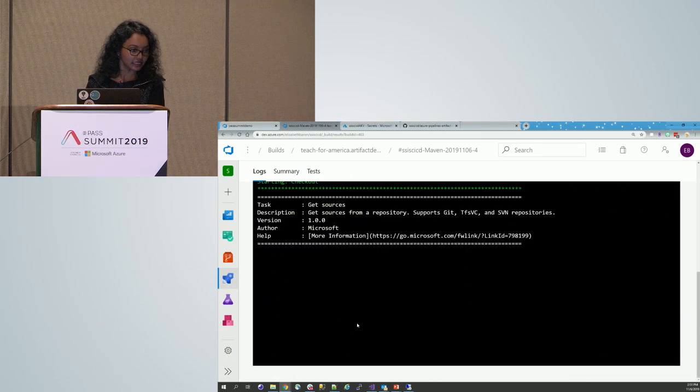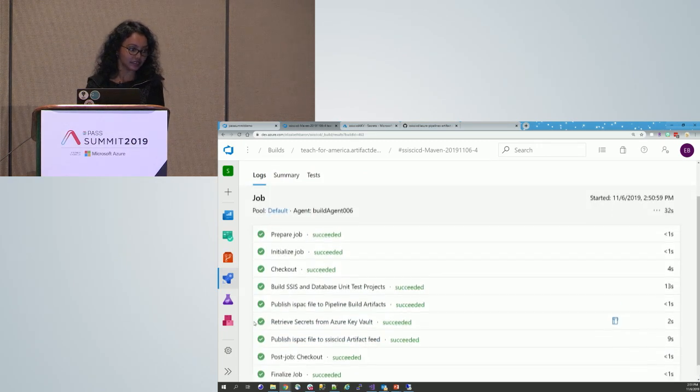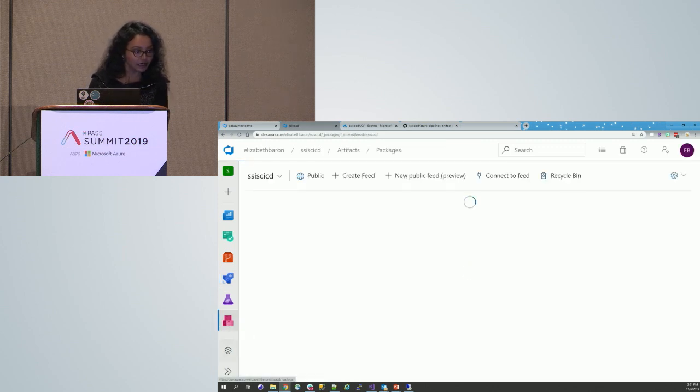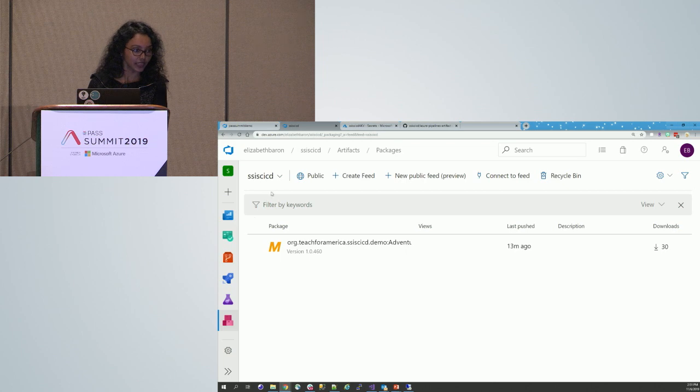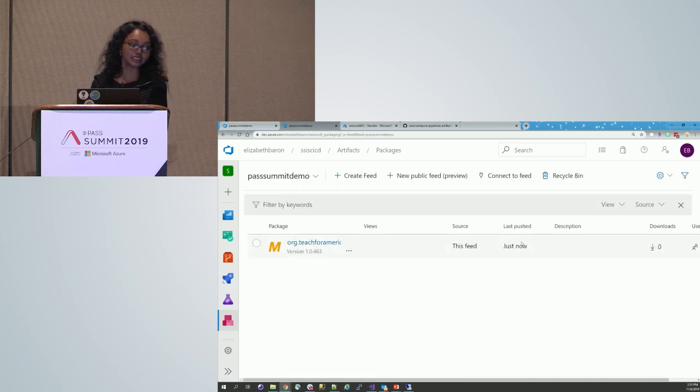Going good. Let's see. Okay, everything is successful, but how would you believe me? Let's go into the artifact feed. And this was the one you had before. Let's go into the new one which I just set up. Do we have something there? Yes, we do. And when did it publish? Just now. So you could publish a new artifact to a new feed on Azure using those simple steps which I just showed. And let's bring back Liz to see how the unit tests are doing.